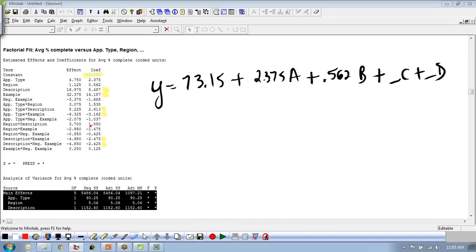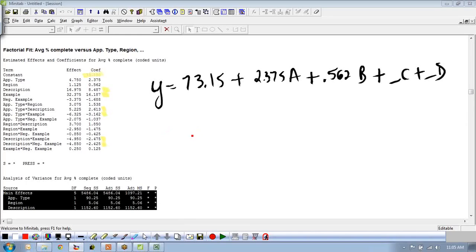Guess what? That's C. And then there was this AD interaction, right? Let's see, app type times description. App type is A, description is C. Oh, that's AC, I'm sorry. There's my AD, app type times example. That's AD. Okay. So all we're really going to be doing is taking out the terms that are insignificant and